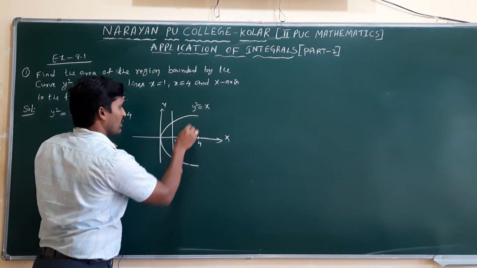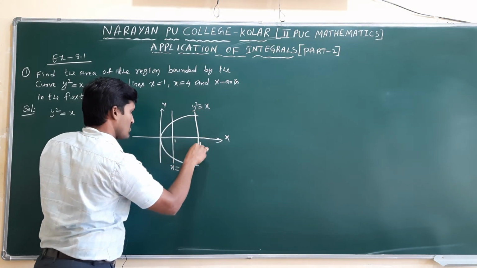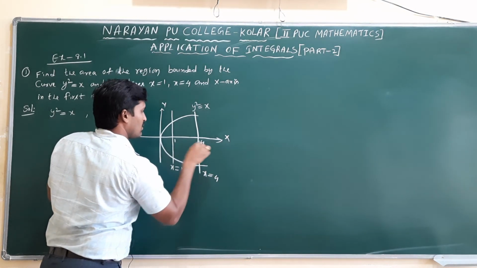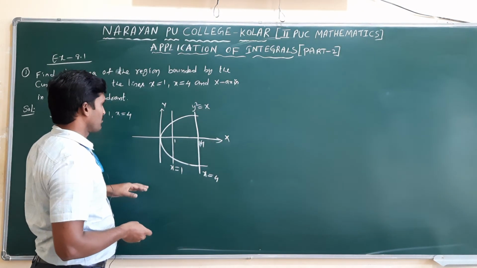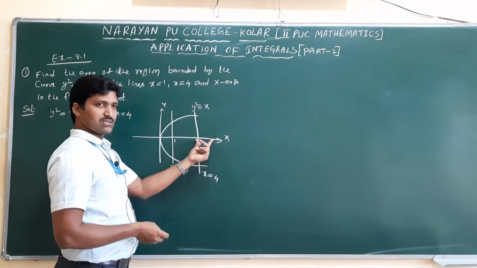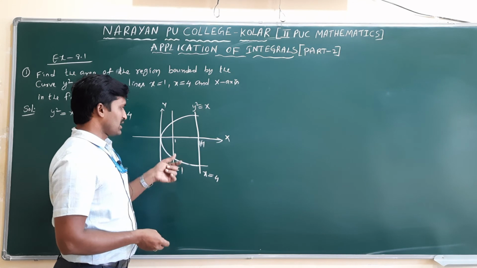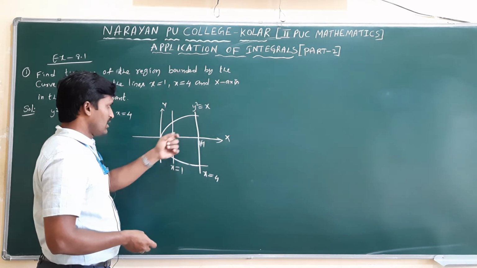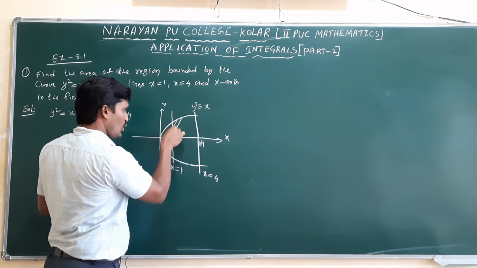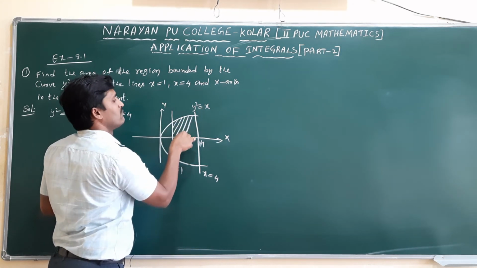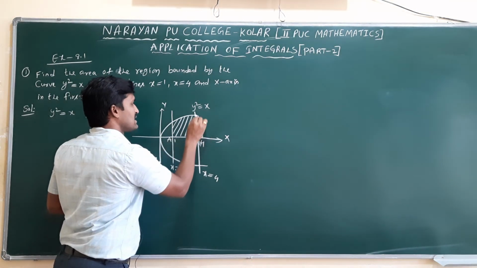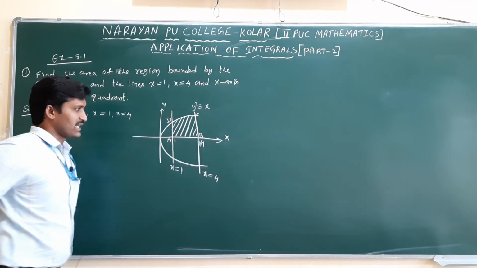This is x equal to 1 and this is x equal to 4. I need the region between the curve and x equal to 1 and 4 and the x-axis only in the first quadrant. Actually in between these two given data, two parts are there, but they are asking particularly this region. Only this area is enough. I will name it A, B, C, D. That is the required region.